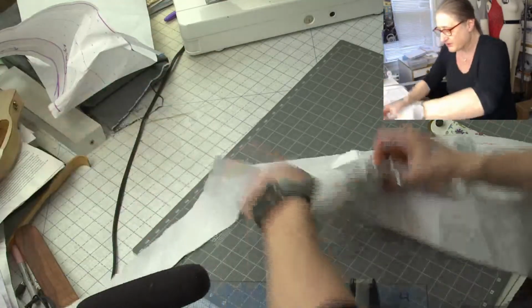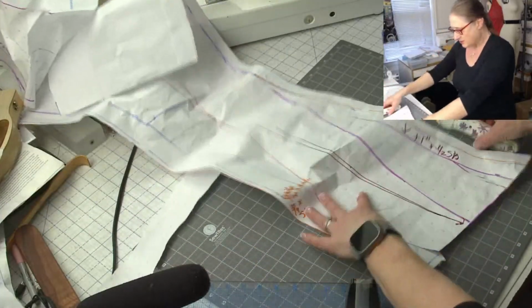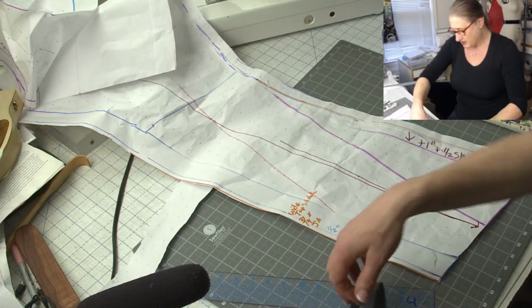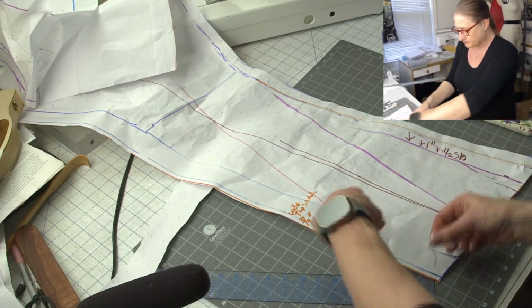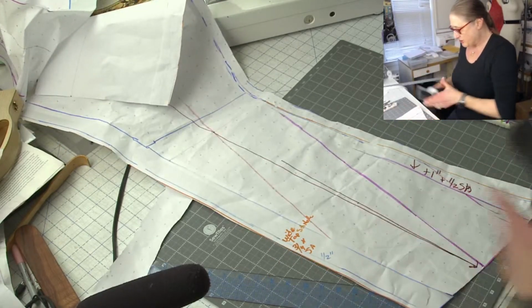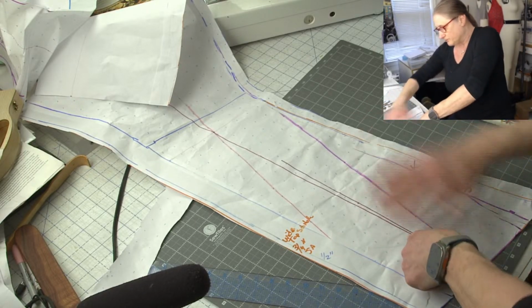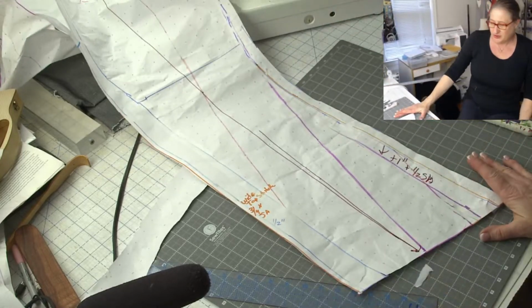Okay, I'll use that for the other leg. And this is nice and straight. Oops. All right, so now it's even more twisted than it was before. So I just want to show you here, if